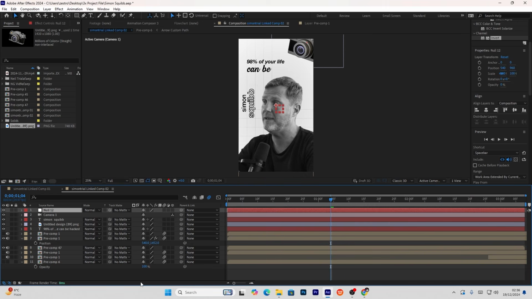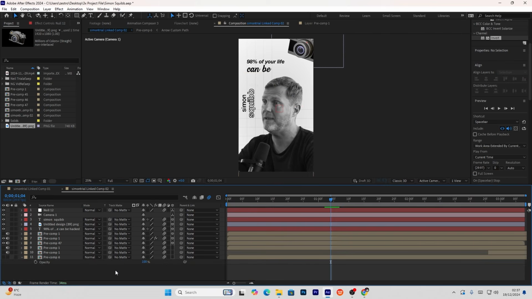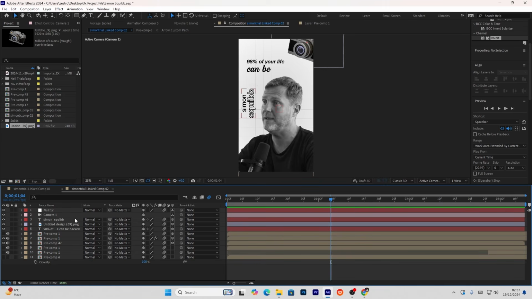one place to another. Next up, what you need to do is make all the layers 3D layers, and to do that you just select this button here, and they will be in 3D format. Now our composition is a 3D composition. If I move the camera, all the 3D elements of the video will move as well. So to do that smoothly, we're going to parent link the camera to